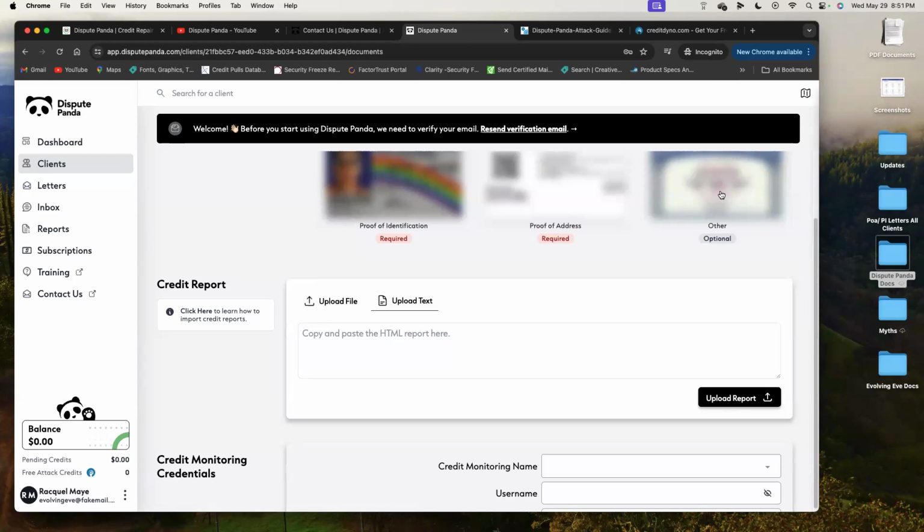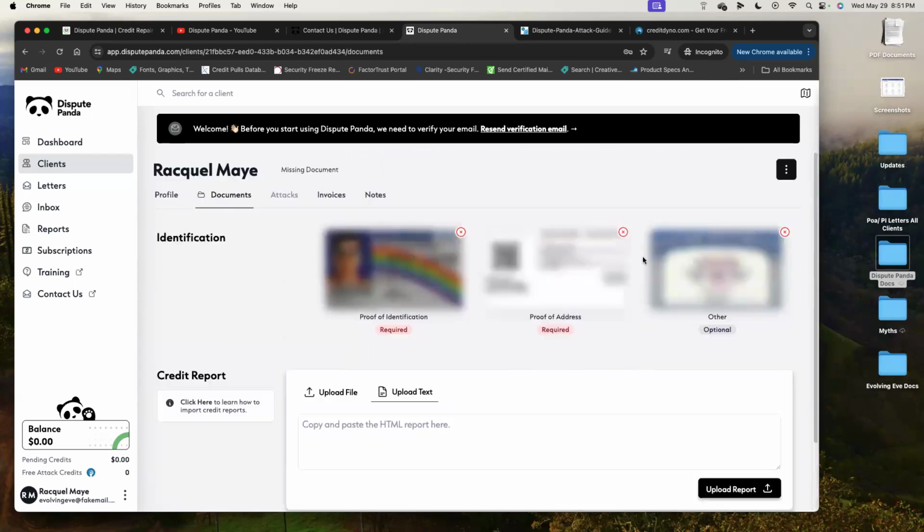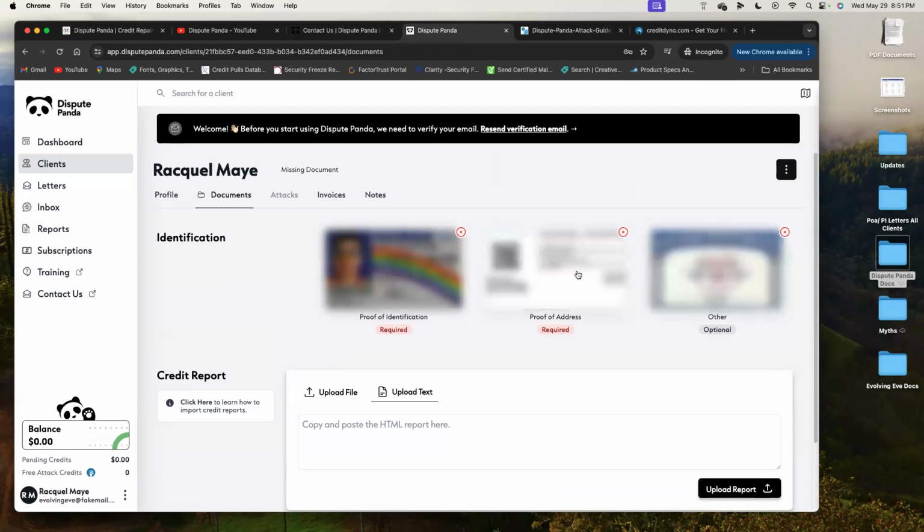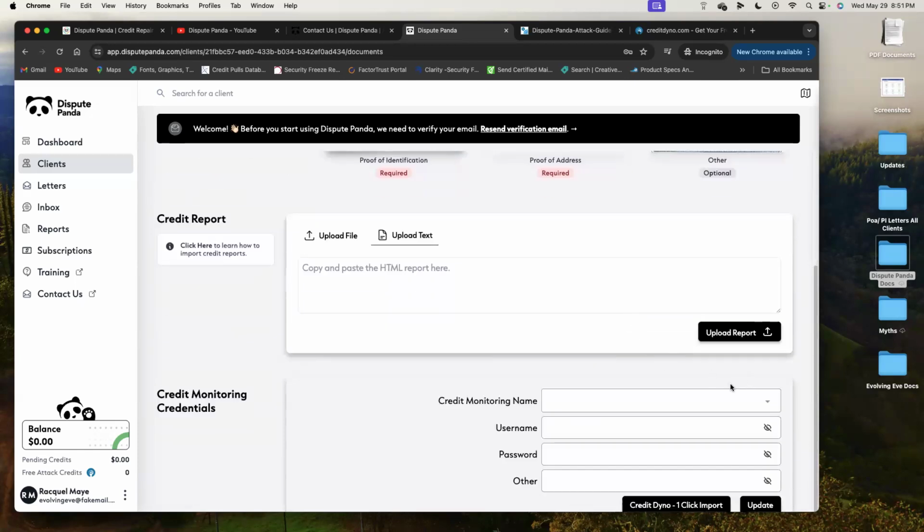My pleasure. So once you've loaded everything in, this is what it should look like. It should look grayed out, kind of segmented, so that nobody sees the business. Once you've completed all of this, again, the Social Security card is optional if the ID and the bill match. Now, I'm going to be signing up with Credit Dino.